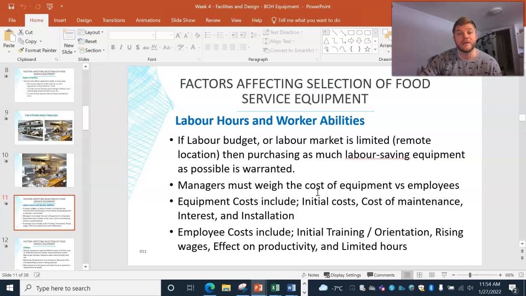And you can probably see there's a bunch of postings for cooks starting at $20, $25 an hour, just because they're so desperate to get people in there. So sometimes when the labor market is limited,